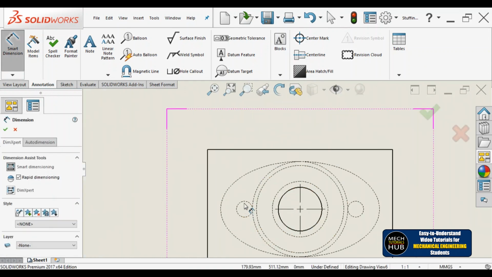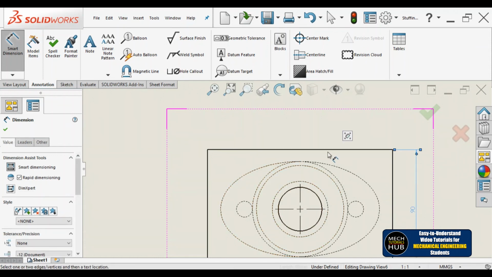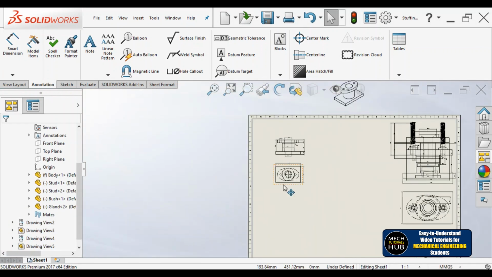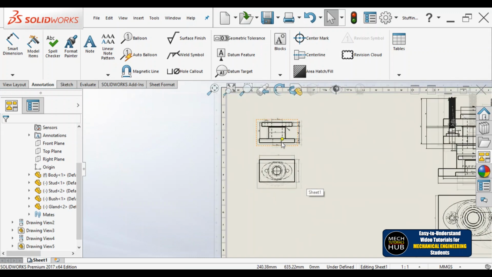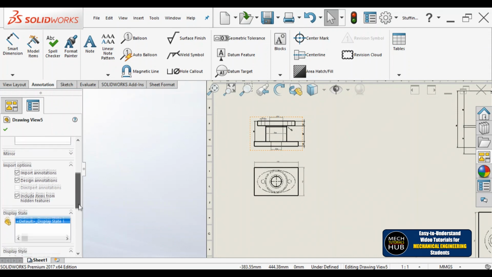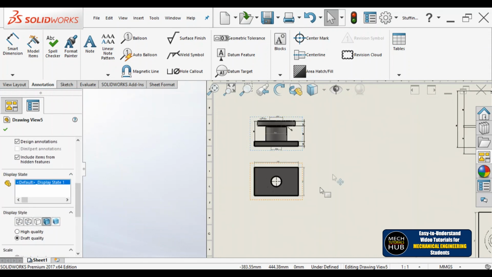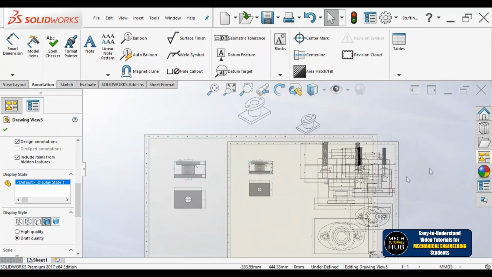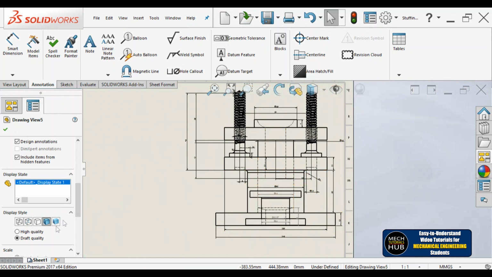Similarly, if you want to place more related dimensions, any of the dimensions related, you can place them. If you want, for example, this overall width and this overall length of 140, that can also be positioned. This is how independent or individual drawings can be made. If you want, you can convert this into a solid model, and just for your understanding, just have a look. The same part you could see here.